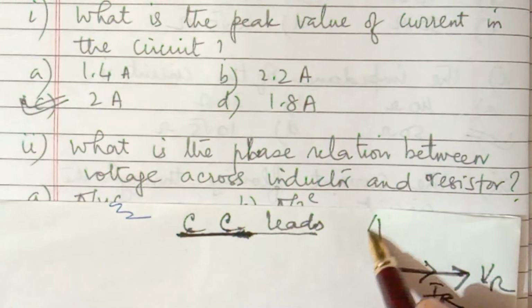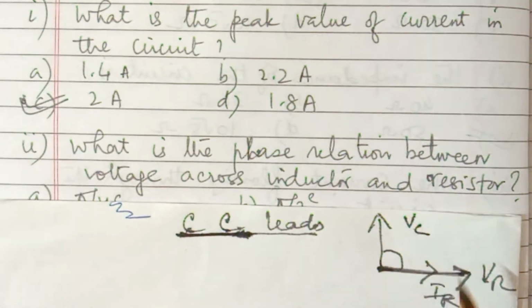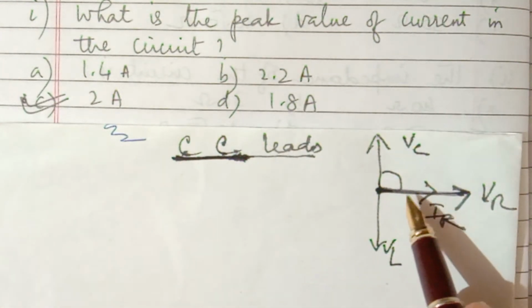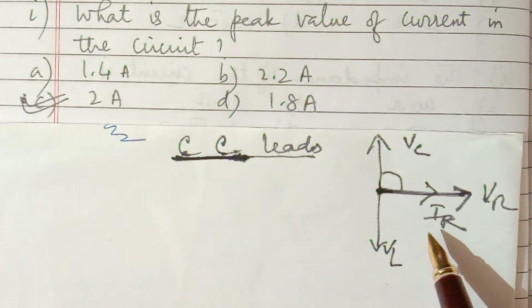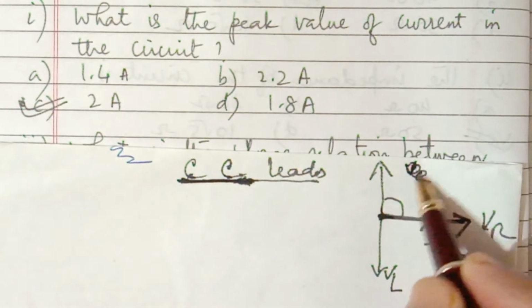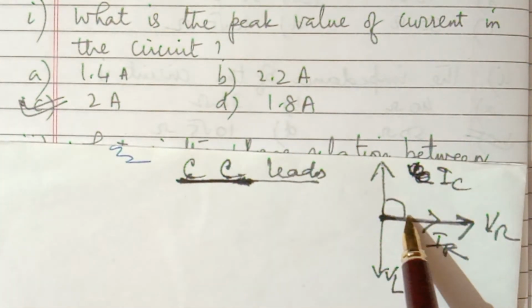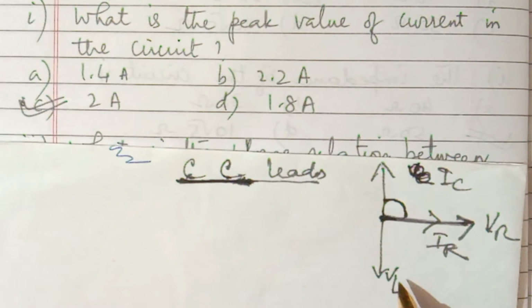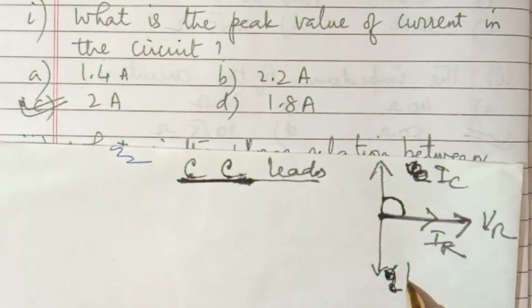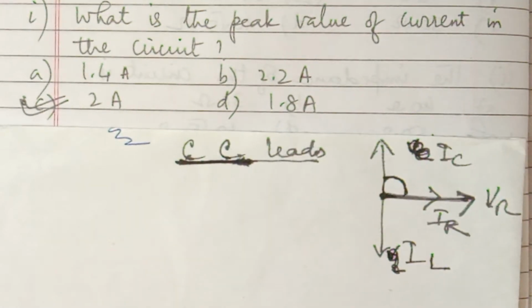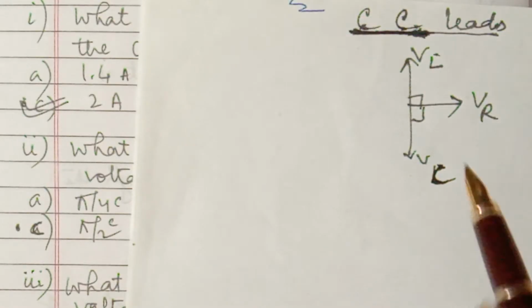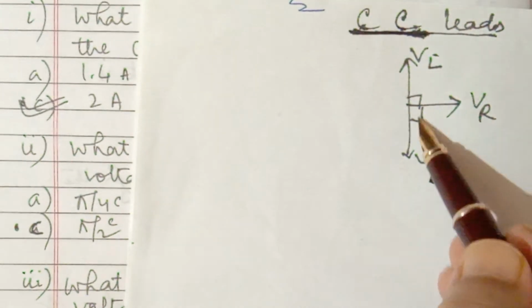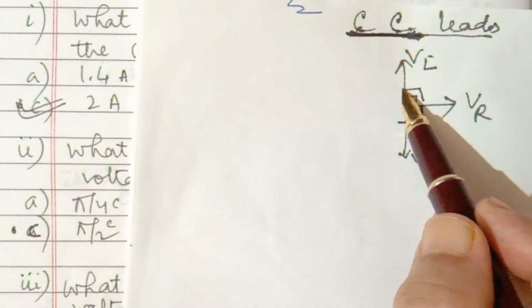Now in capacitance the current आगे, so ये IC हो जाएगा, and in inductor the current पीछे, so IL यहाँ होगा। कैपेसिटेंस में करंट आगे और इंडक्टर में पीछे होगा। ओके। यदि हम वोल्टेज के बारे में देखेंगे तो कैपेसिटेंस में करंट आगे तो वोल्टेज पीछे होगा। ठीक है, वोल्टेज पीछे C में, ये 90 डिग्री पीछे, और L में वोल्टेज आगे।